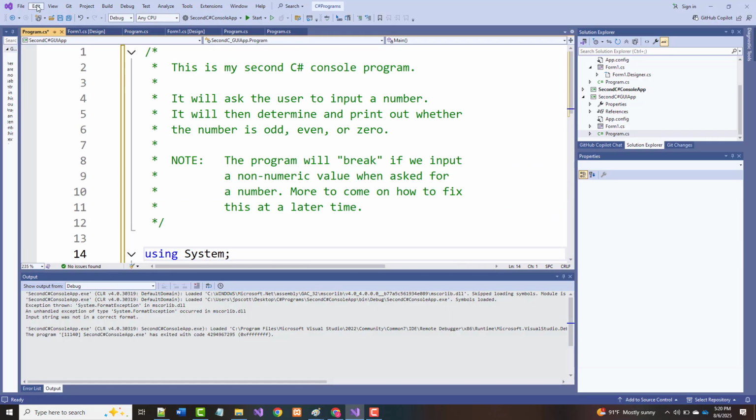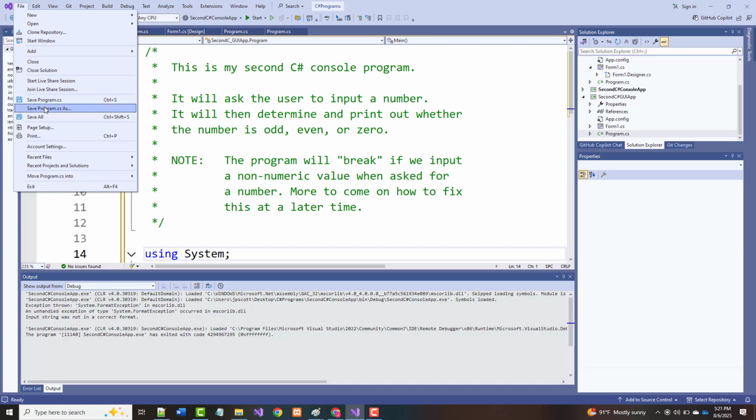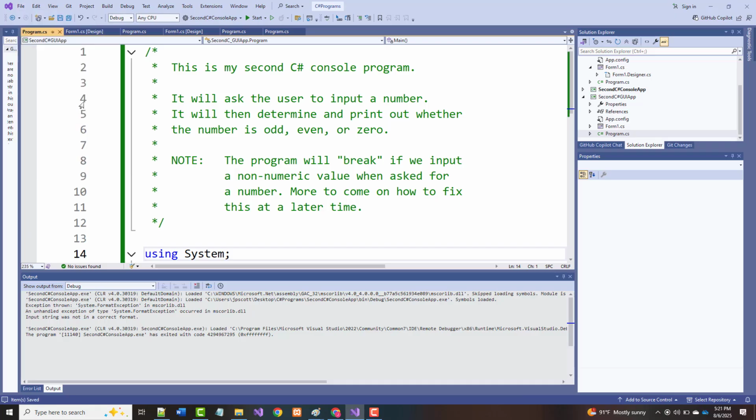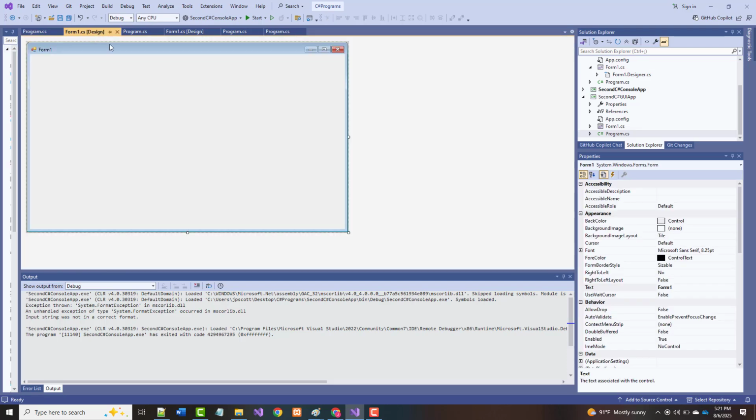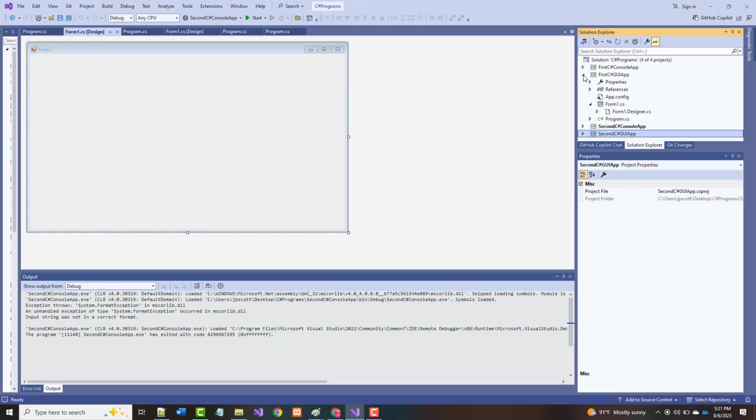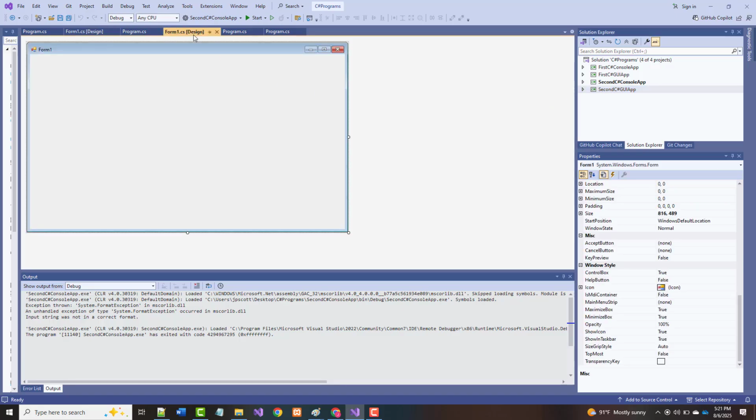Okay, so let me do a file save all on both of these, and I'm going to stop right now. So in the next video that I do, I will, at a minimum, come in here and write the form for the first GUI app. So the one where you put in your first name and your last name, and it says hello followed by your names. Then I'll go back and do the same thing